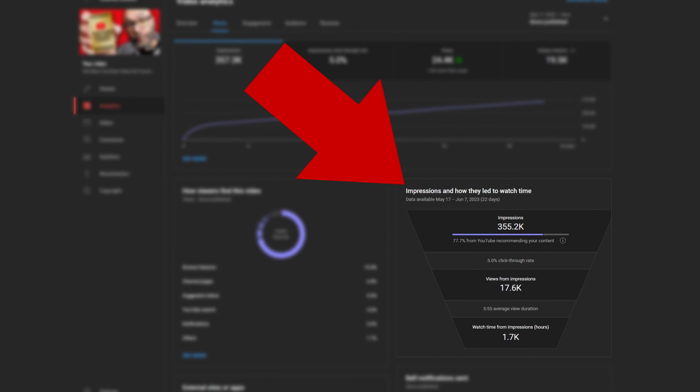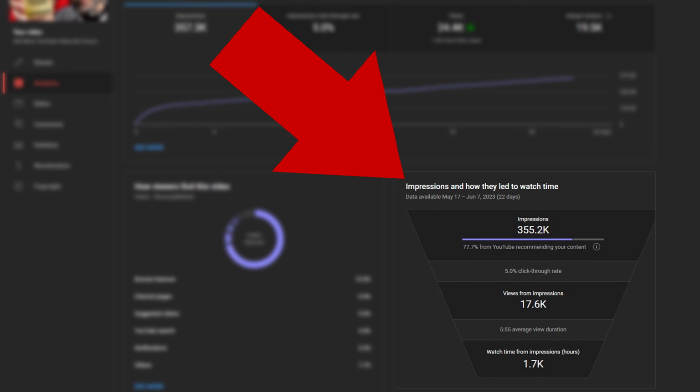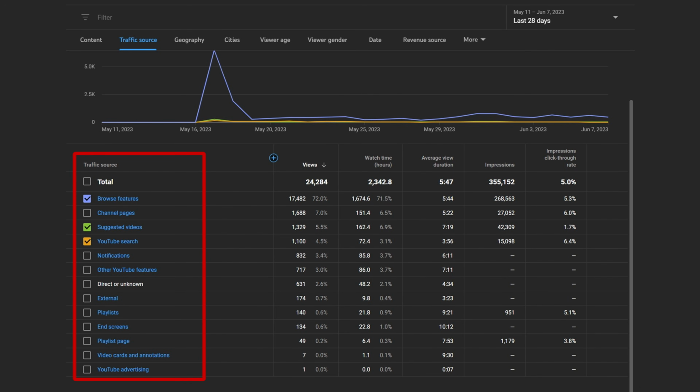So when you are looking at your click-through rate, make sure that you're not looking at this particular part of your analytics for your click-through rate. Instead, for the video that you're looking at, you actually want to click into the video and then go into the analytics for the individual video. And then from there, you want to go into your advanced mode of the analytics, then into your traffic sources. And once you're in there, then you're actually going to see how your videos are performing in all of the different pages of YouTube, which gives you a lot better insights on your real click-through rate.